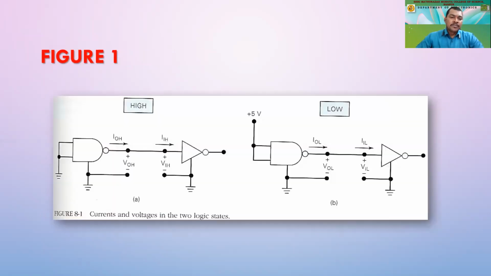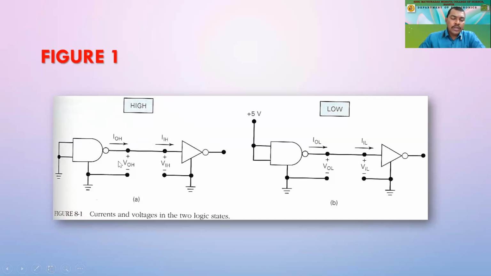So we are talking in terms of circuit. Now, if you see over here, this is a NAND gate. We have studied this NAND gate, and I'm expecting that if both the inputs of a NAND gate are low, then what would be the high current that is supposed to flow through the output terminal of this gate. That current we will call IOH. Similarly, what would be the input current, the high current that is supposed to flow through the input of a gate, so that it considers it as high.